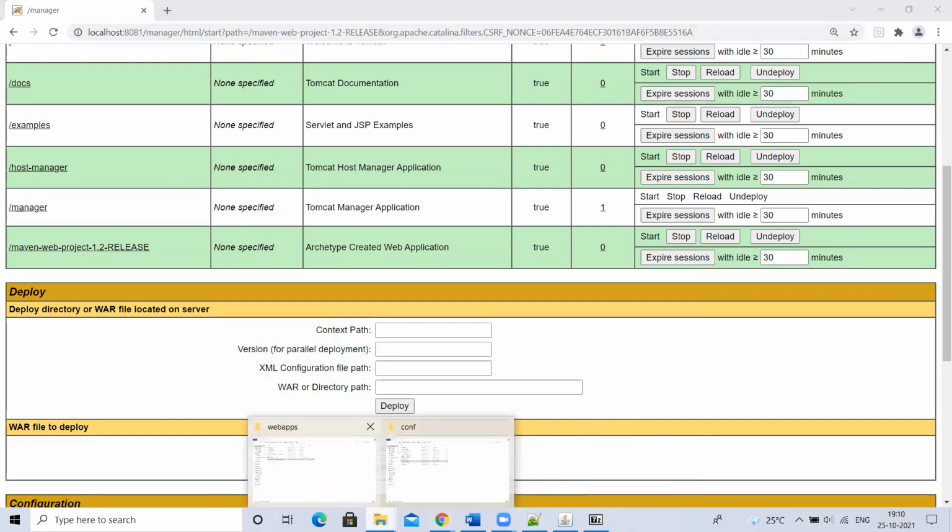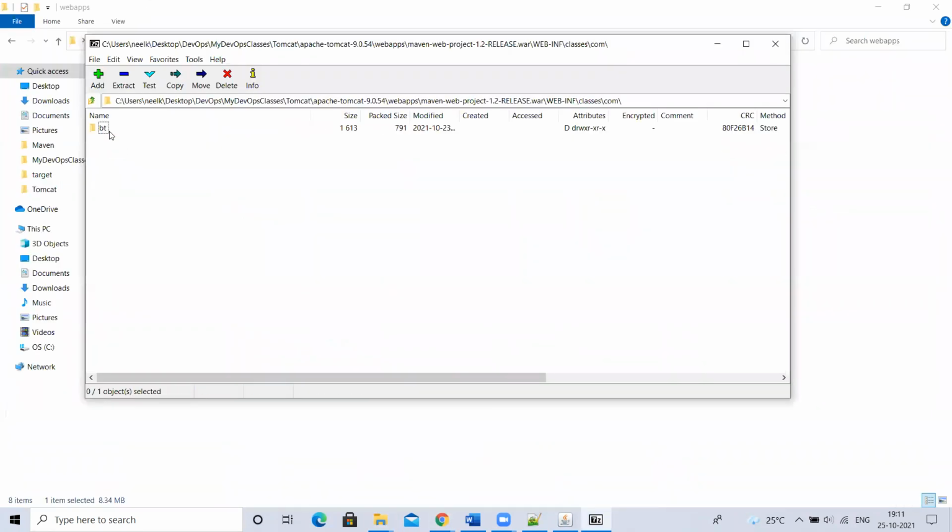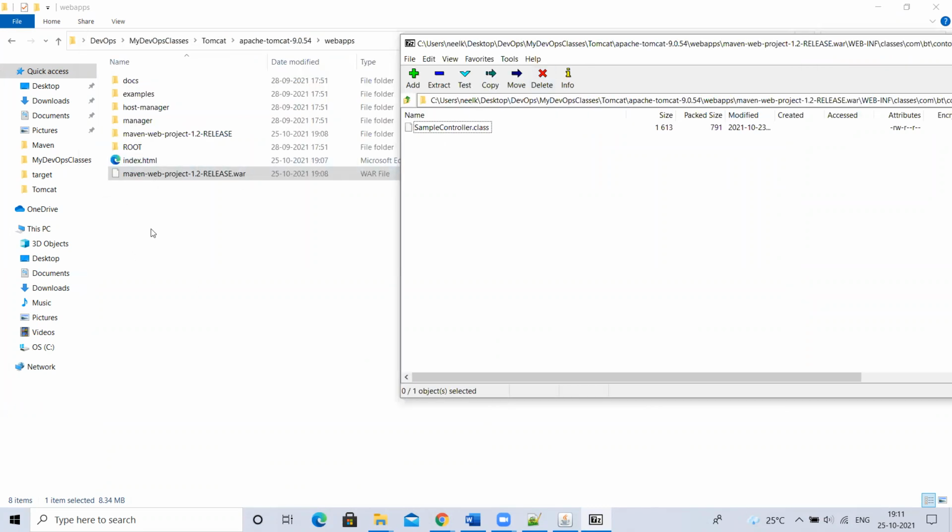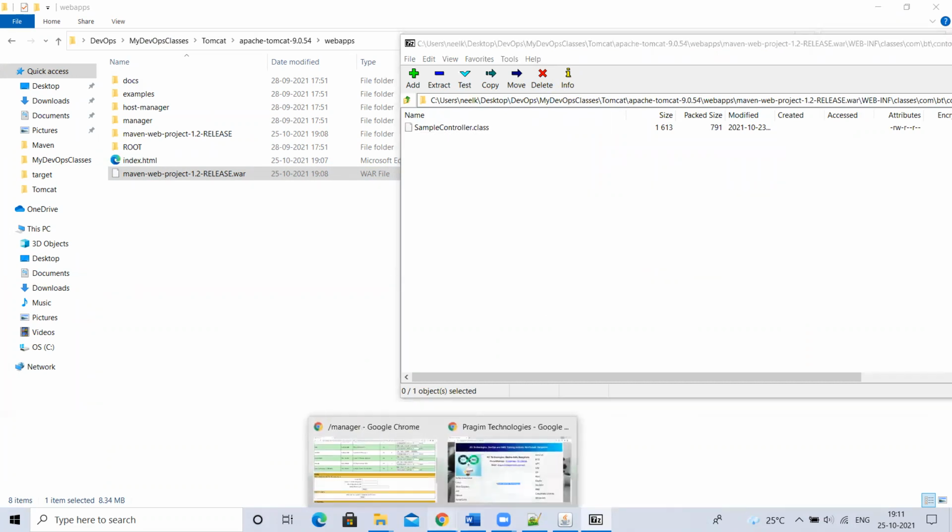But if I do a hotfix for a .class file, right here, if I open this, okay, I already opened it. Classes, if I go here, if someone has an updated sample controller .class in their local, and if they update this sample controller .class with their .class file, now you need to restart your application.